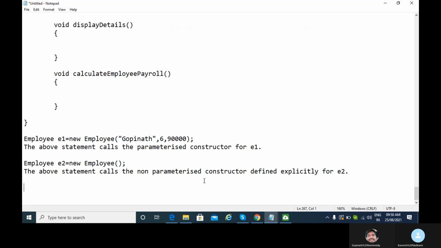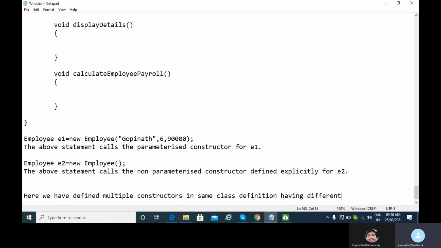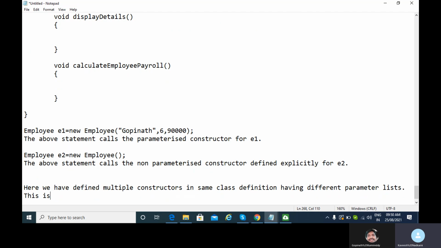So here we have defined multiple constructors in the same class definition, having different parameter lists, as constructor overloading.